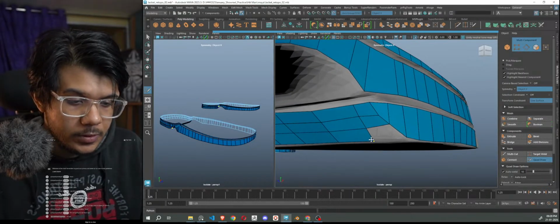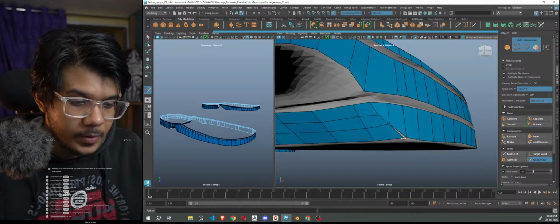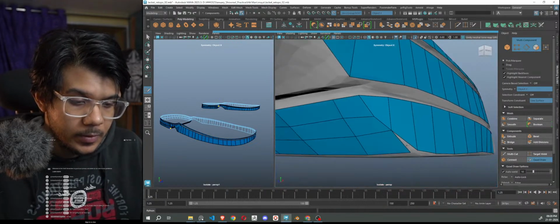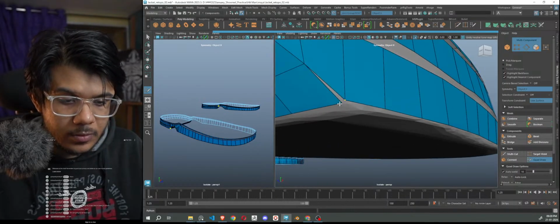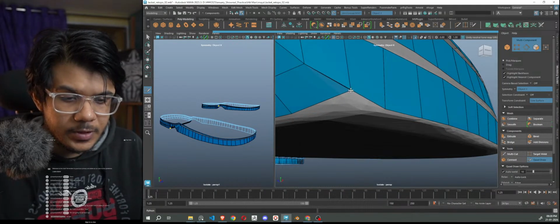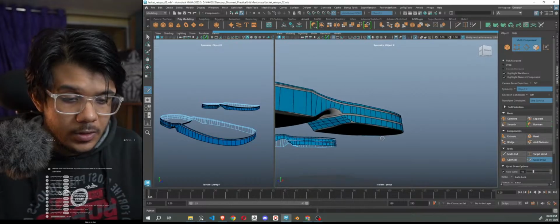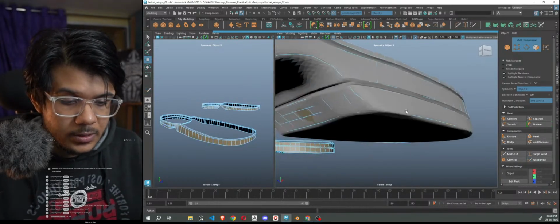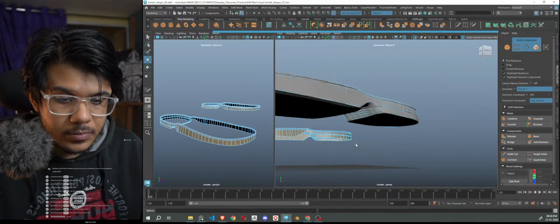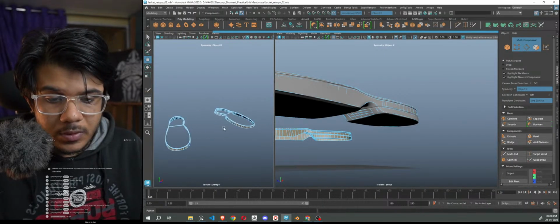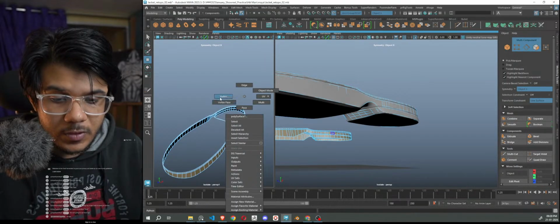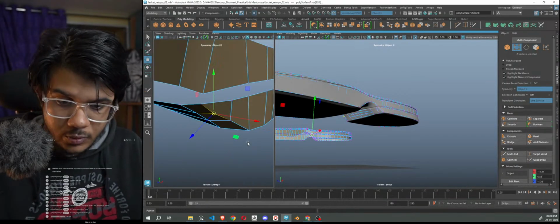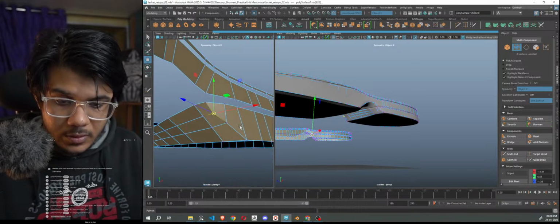Now let us check to merge them together, facing some issues, but it should eventually merge. Okay, even if we face some issue like this, then we can always use, select this, zoom in there,